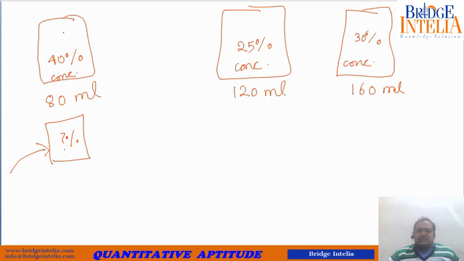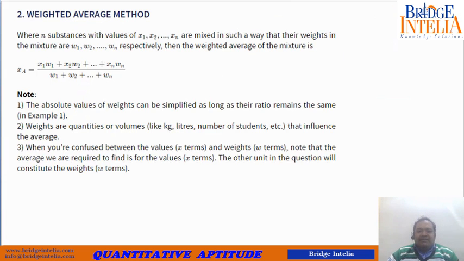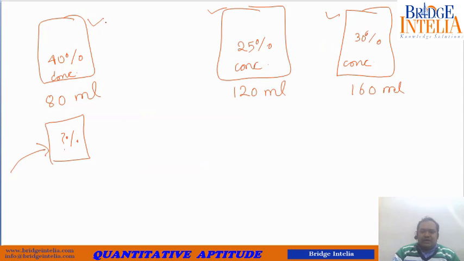Each of these three samples is a mixture. So now we would be mixing the mixtures. So what should be the approach? Whenever you are mixing the mixtures and you know the percentage concentration and you simply want to find the resultant percentage, that means you already knew the concentration while mixing and you want to find the resultant concentration, then you can use the method of weighted average. We will understand that with the help of an example.